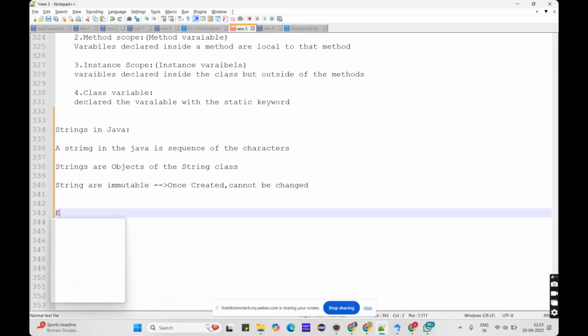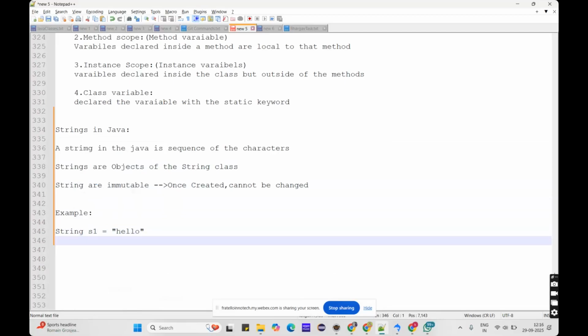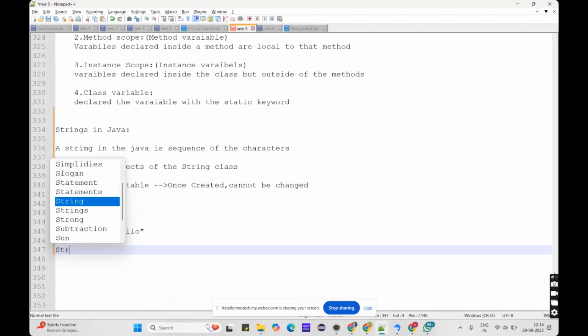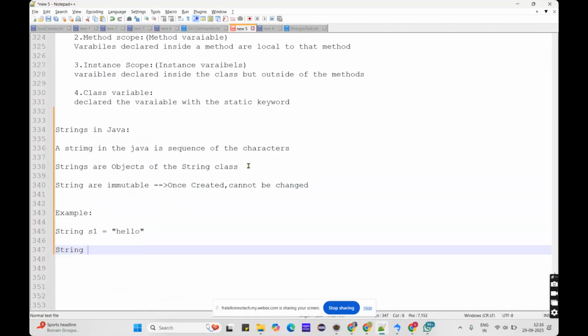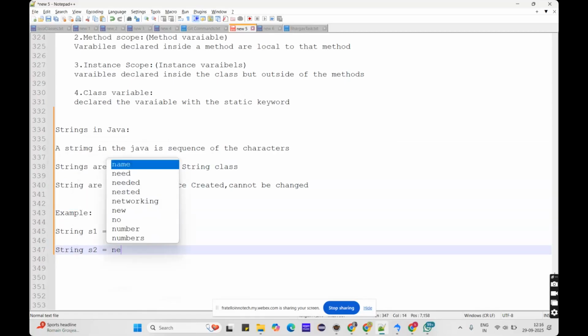As I said, I have given examples of creating a string too. One of the basic ways is the string literal method. Give the data type, select the variable, and you can declare the string here. But you can also create it by using the new keyword. You can create the object like this: String is the class name, and s2 equals